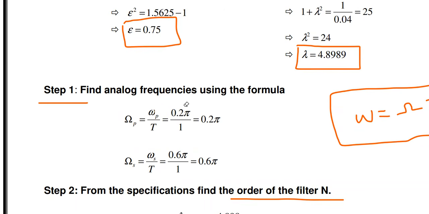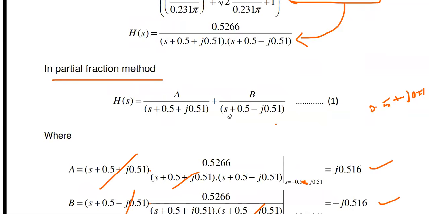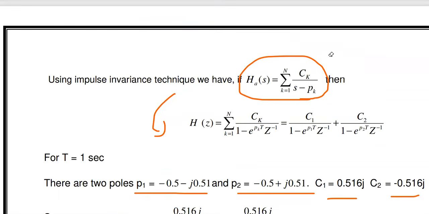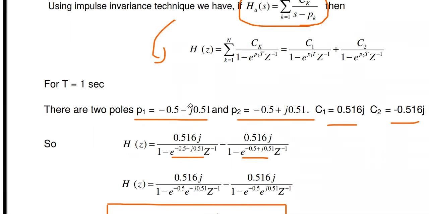You can use that. Okay. If it is the impulse invariant method, in order to find the analog frequency, you just use this formula: digital frequency divided by the time. So this step is different in bilinear transformation and the impulse invariant method. Similarly, the last step. The remaining steps are the same. In the last step, for the impulse invariant method, we have to write the analog transfer function as an addition of single pole transfer functions. From that, we have to find pole 1, pole 2, pole 3, C1, C2, C3, etc., and write in this format, so we can get the digital transfer function.